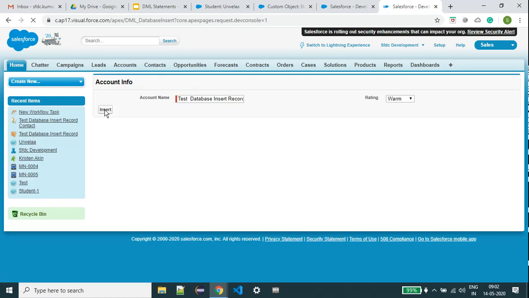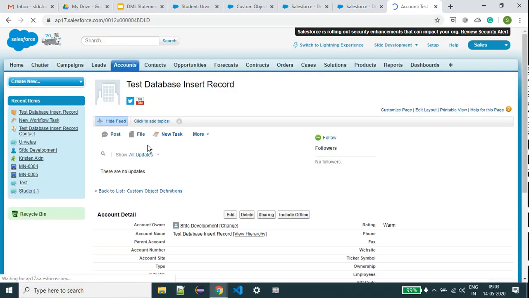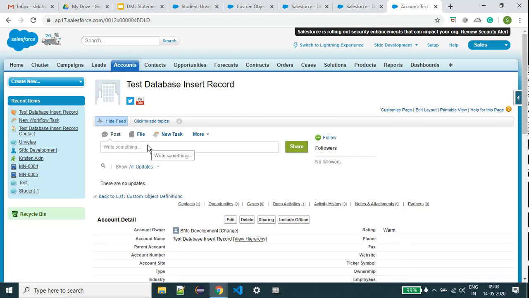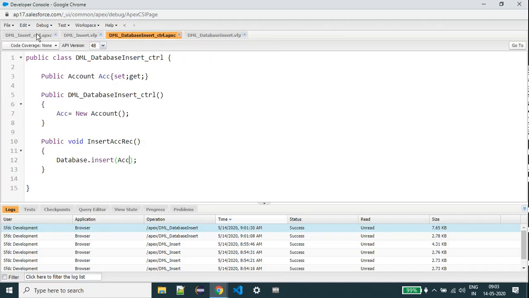Now come to the account object and you can check it out. See here, test database insert record is created right now. So out of the UI, both will be the same action. When using insert or Database.insert, both will be the same.